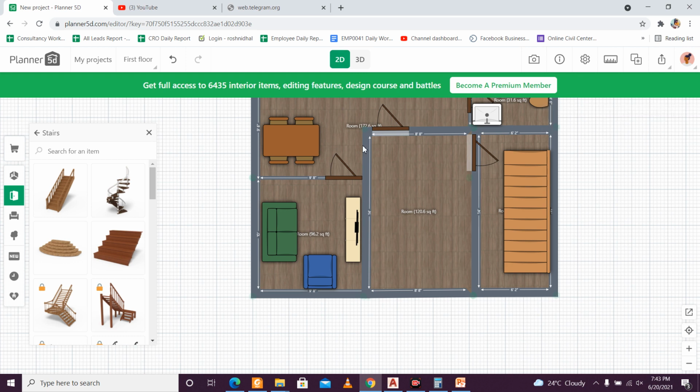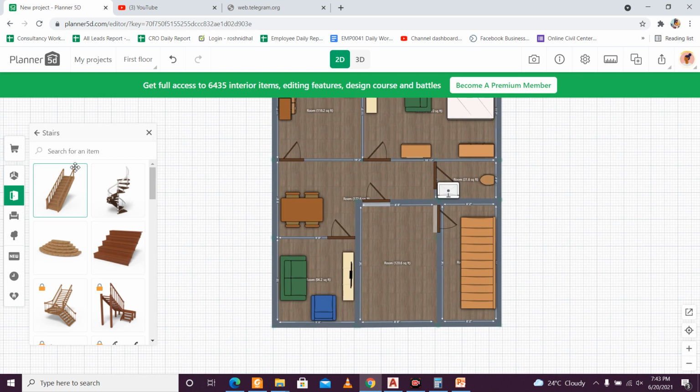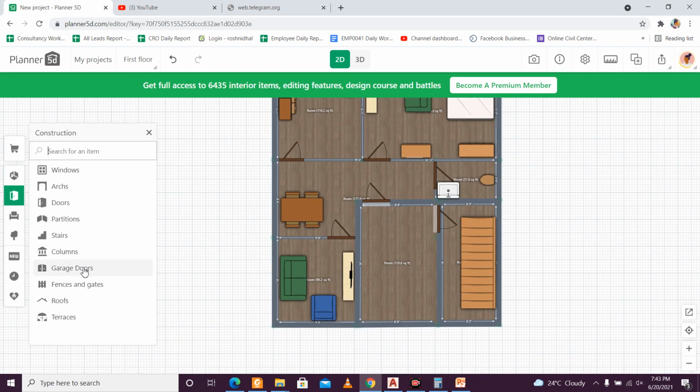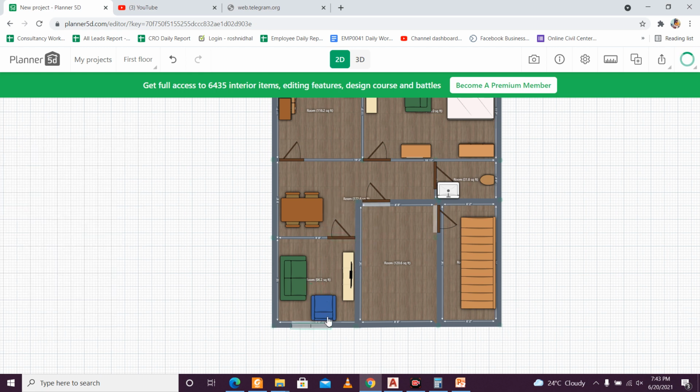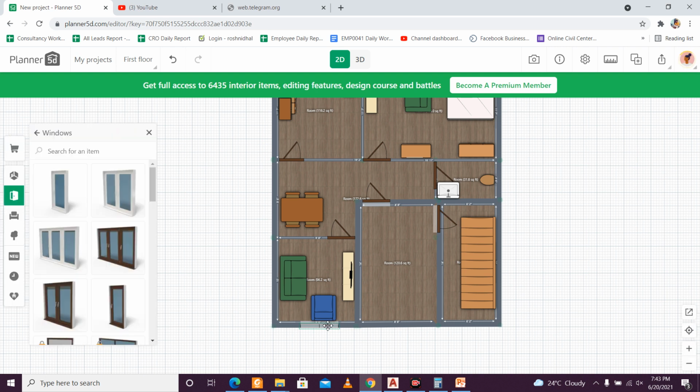So as you can see, this is all. And if you want, I think parking cars are not there here. So windows, we are having windows. Okay, pretty good windows arrangement we are having here. So let us give some windows here. There we'll put one window, and let's copy this.